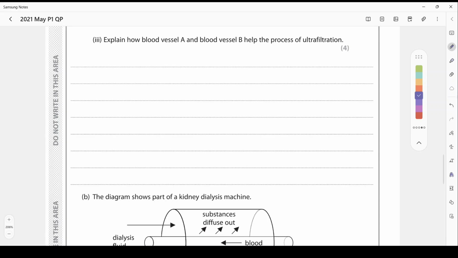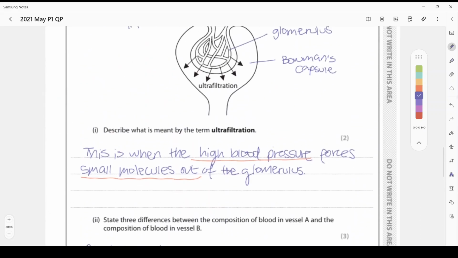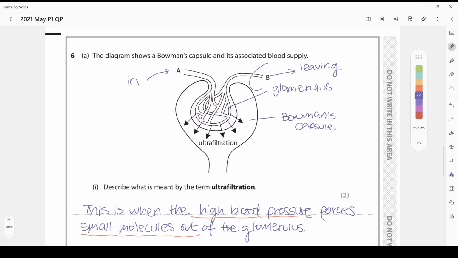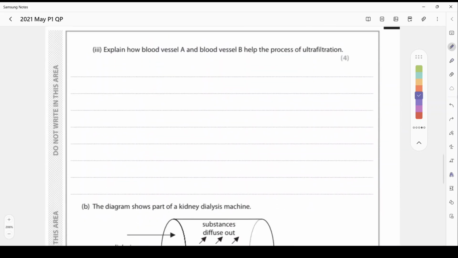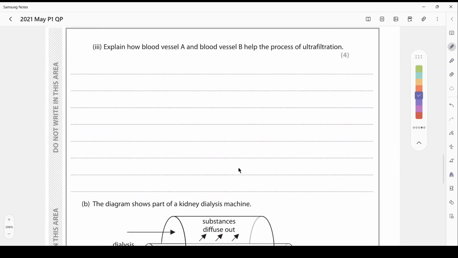Explain how the blood vessel A and blood vessel B help the process of ultrafiltration. Okay, so I just mentioned that earlier. I mentioned that because blood vessel B has a narrower lumen than blood vessel A, that creates high blood pressure, which then forces the small molecules out of the glomerulus and into the Bowman's capsule. So let's write that down. Okay, so we can say